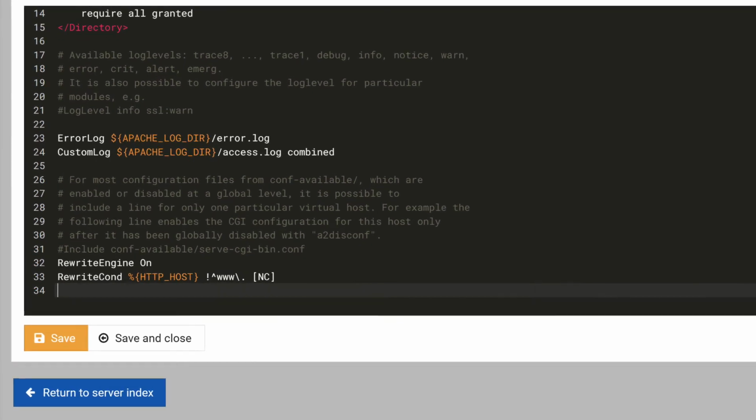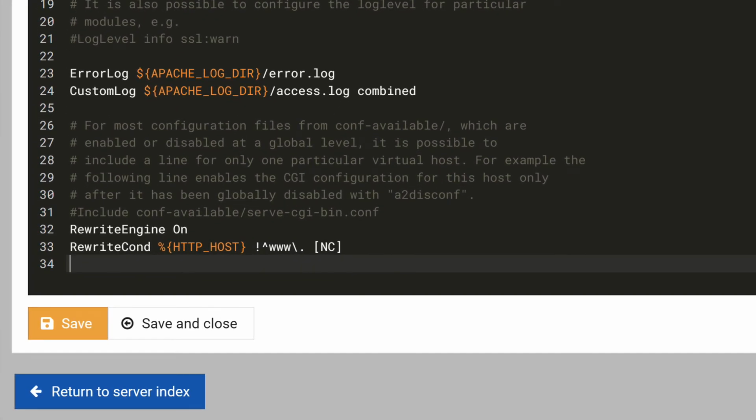Let's dissect this rewrite condition. First is the command followed by a variable, which begins with % and is wrapped in braces. The variable is HTTP_HOST, which is the host name entered by the visitor, example.com, for instance. Next is a regular expression.